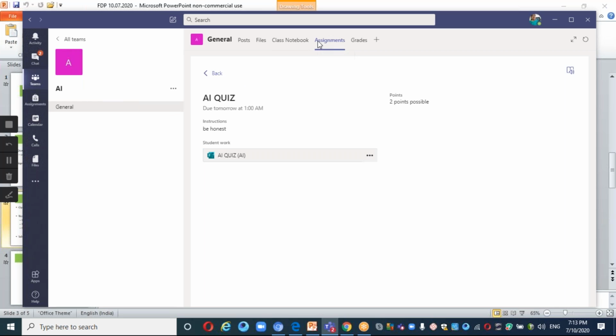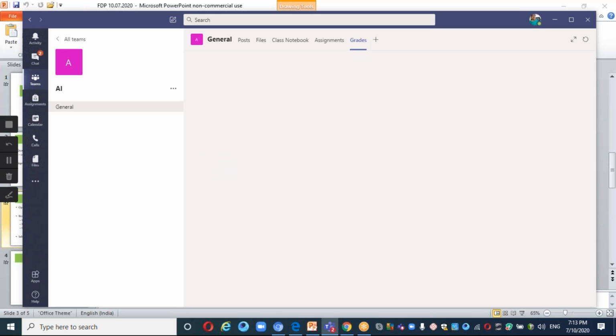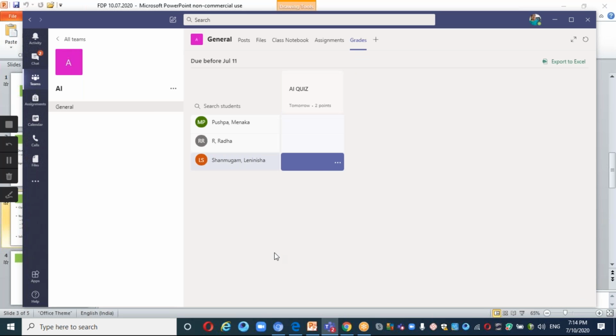Now go to assignments. Go to grades. Sorry, not assignment, go to grades. Here, my mark has not been given. If they have come here, I can give the grades. The grades are automatically calculated, and this has been given in the form of a form here now. I think it is audible, right? So I have given here now. So I have told you how to create a quiz and how to post that.